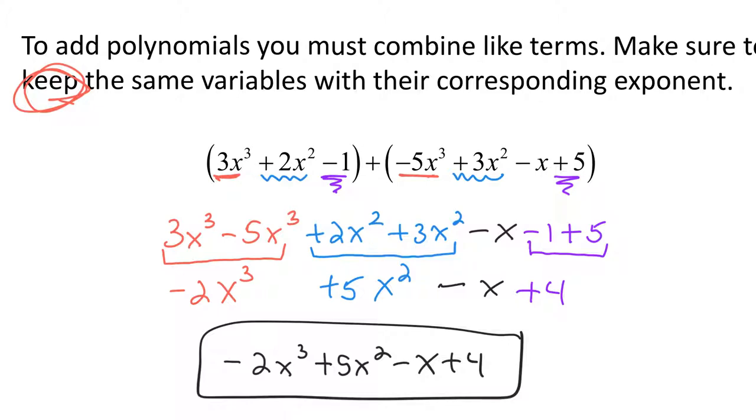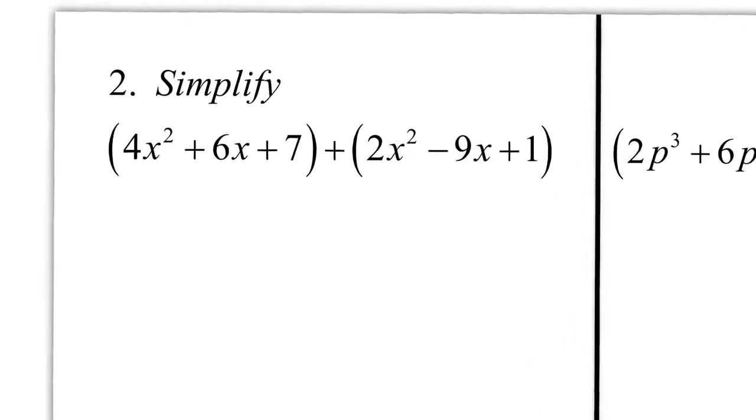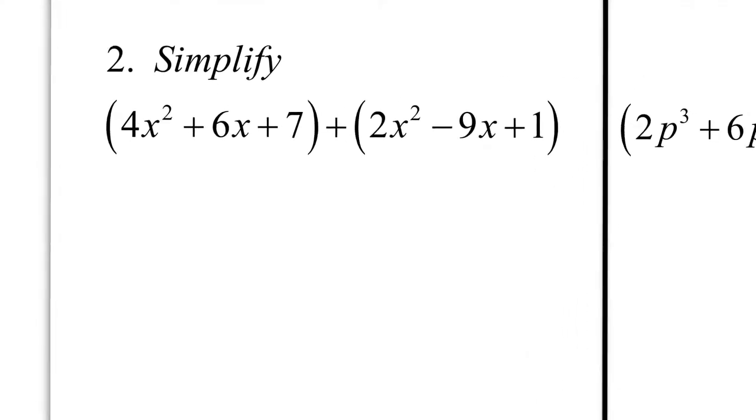Okay, let's try a couple more. Now, when you add or subtract polynomials, you don't really have to write every step because we can add and subtract numbers mentally. So with this one, I'm not going to show you like I did on the previous slide. I'm just going to add or subtract the numbers, do some mental math, and just write down the addition or the subtraction. So I'm looking at these two polynomials, a trinomial plus a trinomial, and I'm going to look